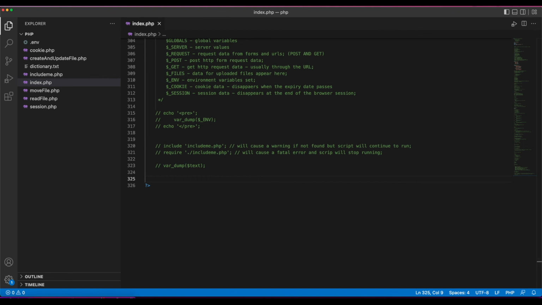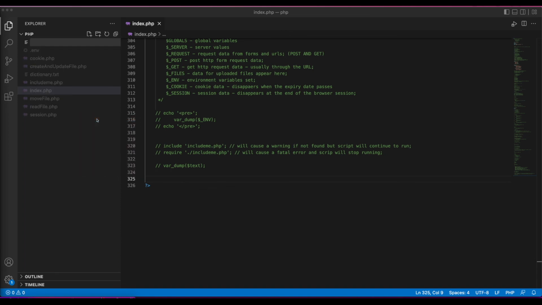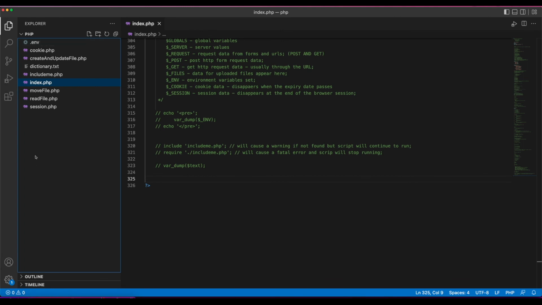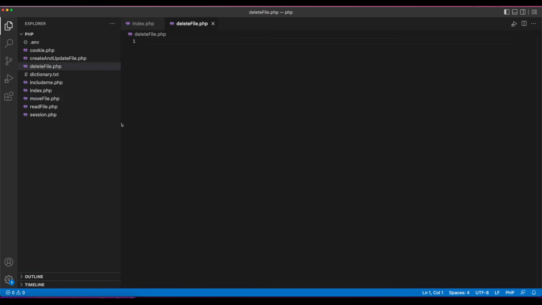Next up, I think we wanted to delete a file. So do we need to create a new file for that? Actually, just for the sake of separating the code, we're going to create a new file and name it deletefile, even though we could really do this in the same file that we're currently in. So PHP again, in here we want to do if unlink, and unlink is the function that deletes a file, as you can see right here. We need to give it the path, the file name basically, which is dictionary.txt,